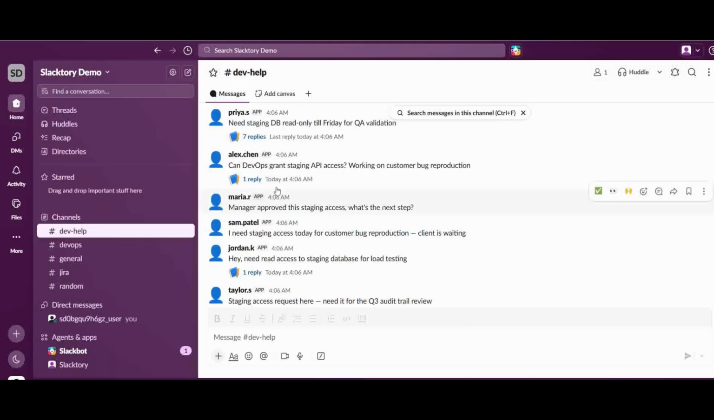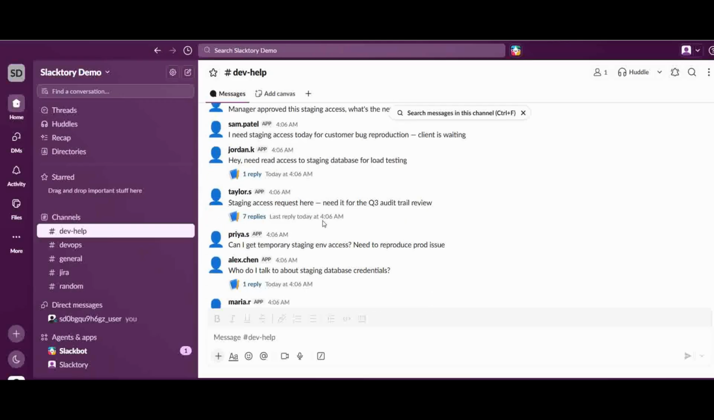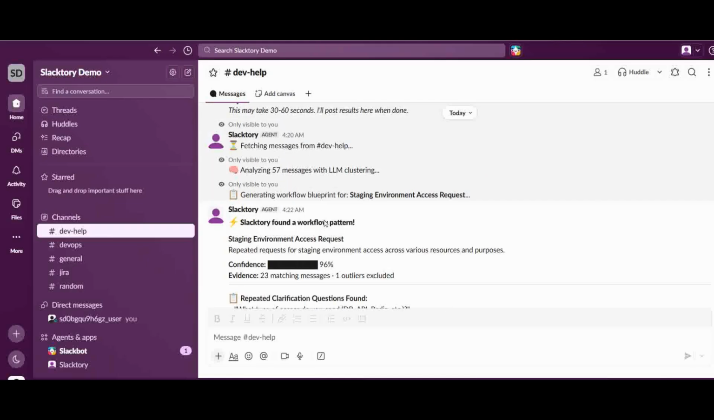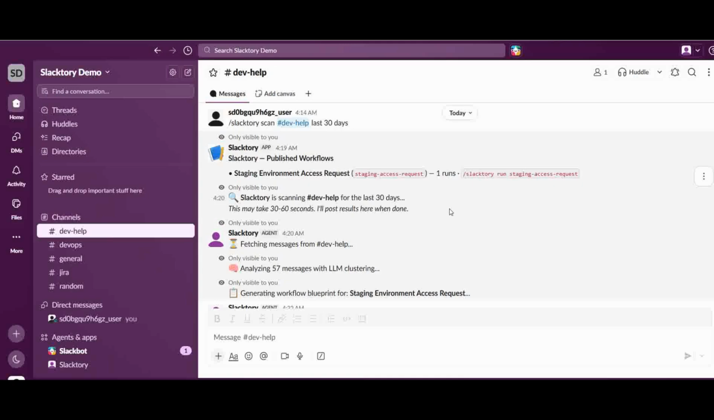Access request, grant staging API access. So all these are requested. Stacktory is a Slack native workflow discovery agent. It scanned this channel history, separated repeated work from the noise, and found a staging access process supported by 23